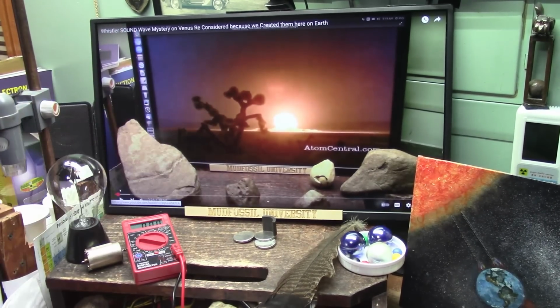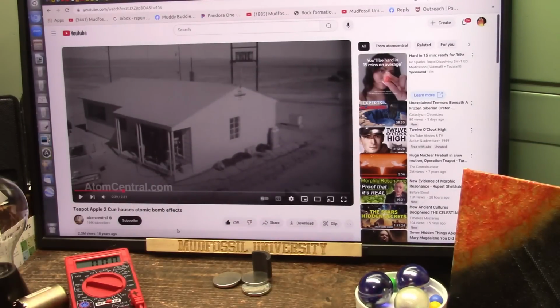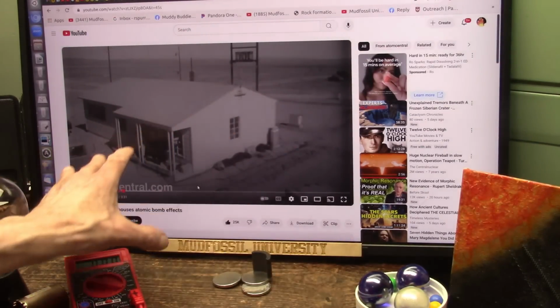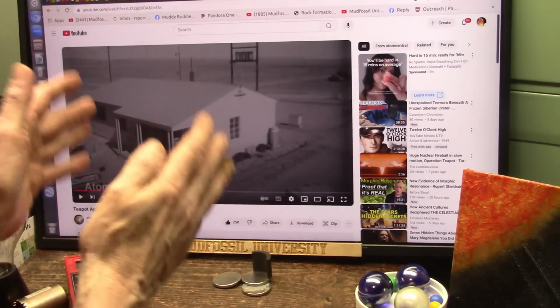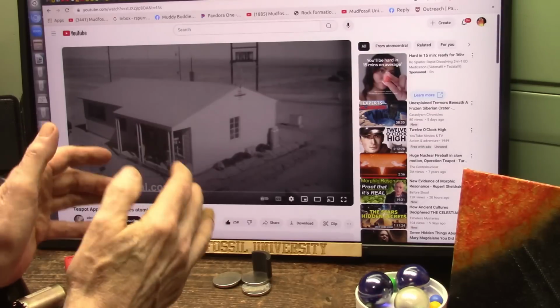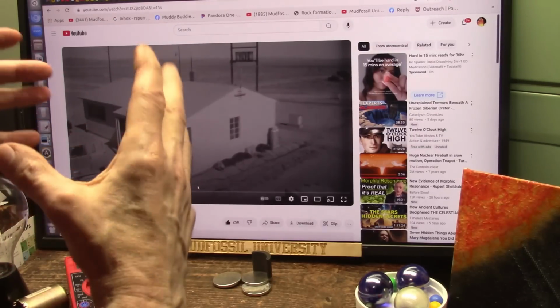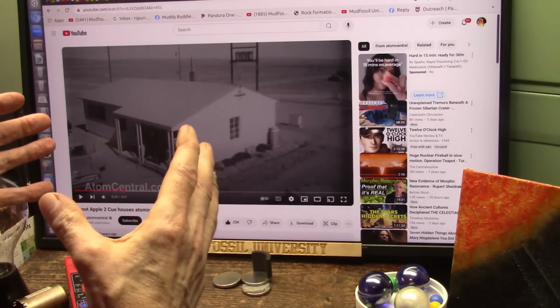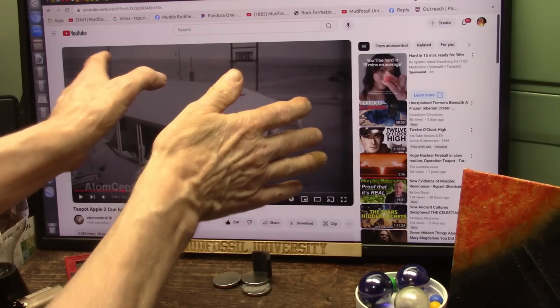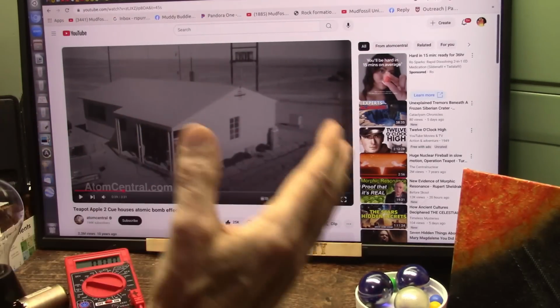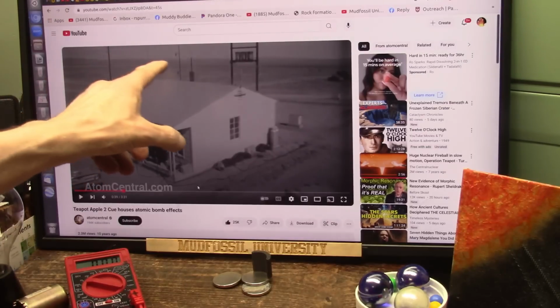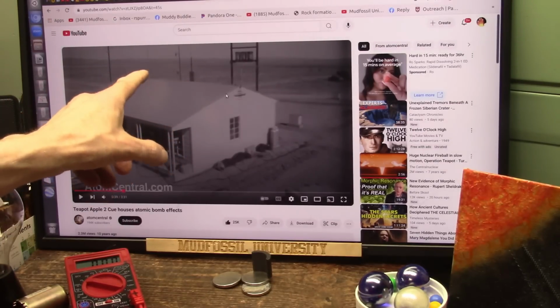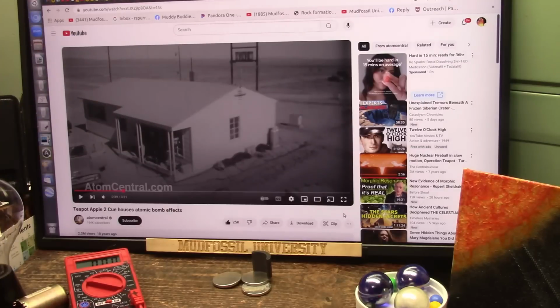before that reached us. All right, this is from atomcentral.com, and they got this all fitted out, and they've come up and they set it all up and everything. They're going to move the truck out of here. They've got a hardened enclosure with the camera all set up inside there that easily can withstand this, because it's coming from behind, and if it's hardened well enough, nothing's going to happen to it. But this is a normal house, and it's going to burn up, and these telephone poles will burn up, and the wiring will burn up, and nothing will move.